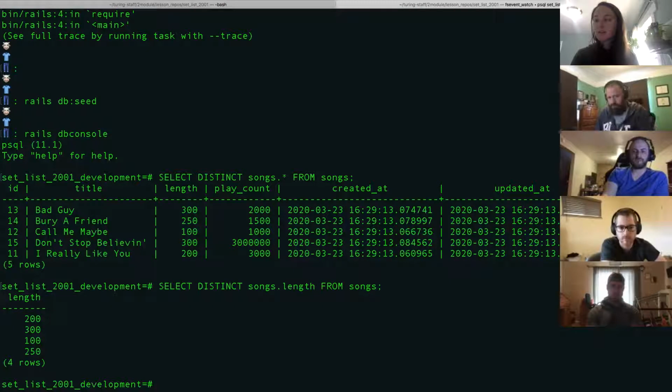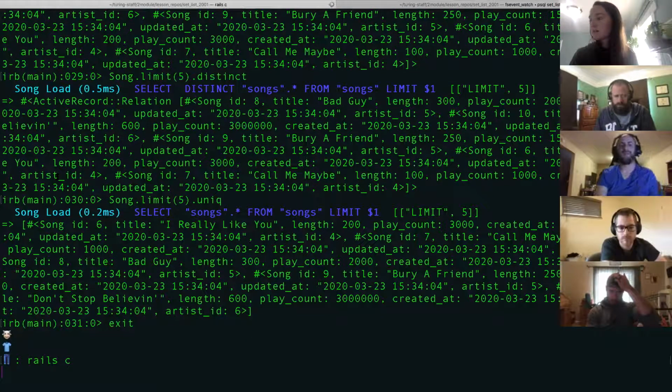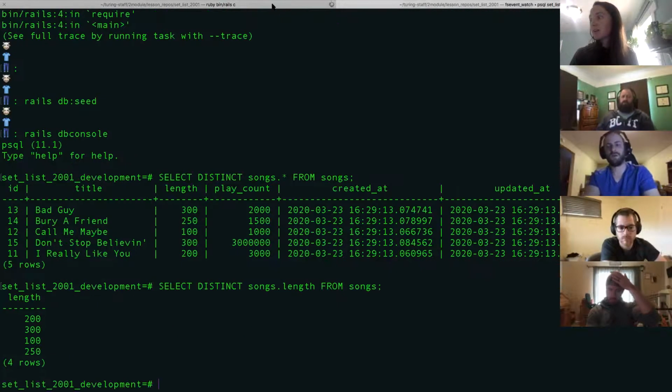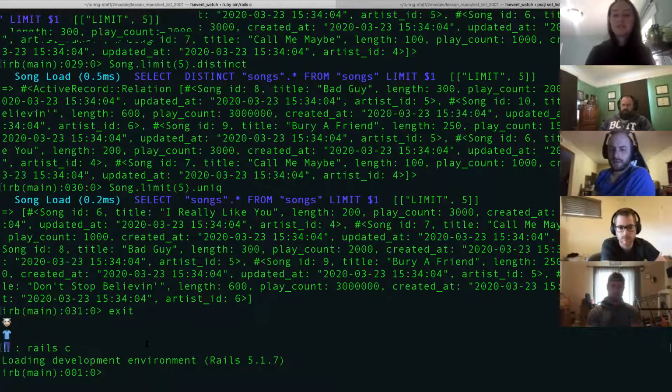Right, but if you're doing it with Active Record, let's try that again. So do the same thing that I did over here in Active Record. Yeah, but then call an object ID on each one of the Active Record objects it's returning. Well, that's the thing though, if you're only selecting the length, then it's not going to return an ID. So if we said like song.select,